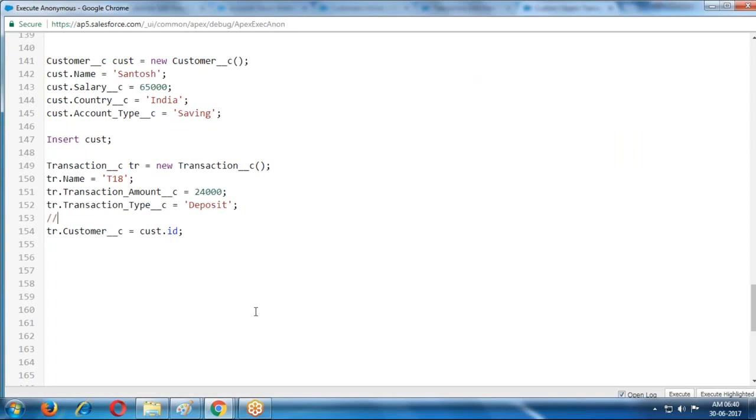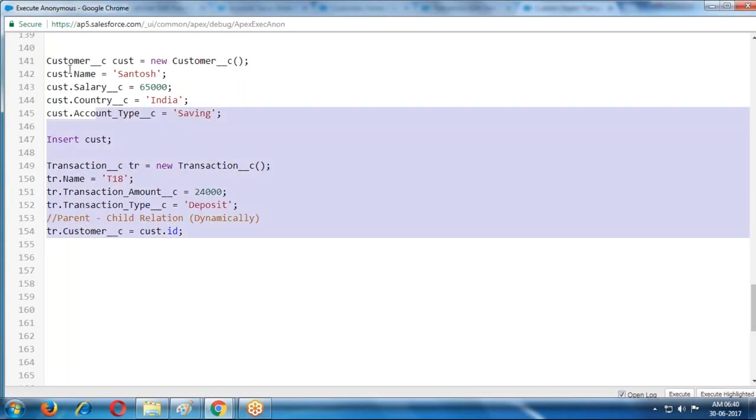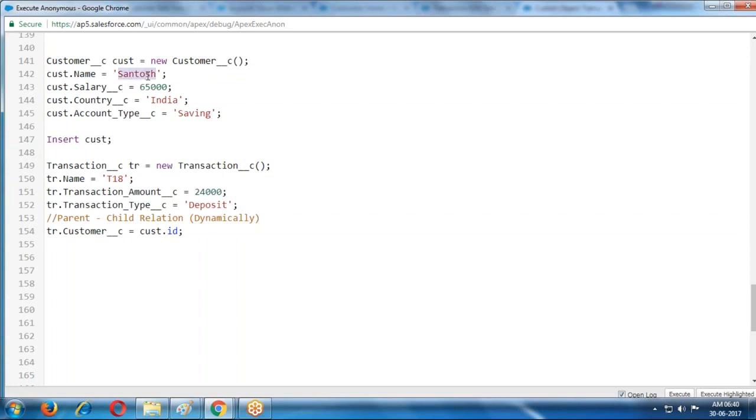Here, the parent-child relation dynamically. If you want to use it dynamically, then we use, for example, Santosh or Praveen Kumar, salary is 75,000.